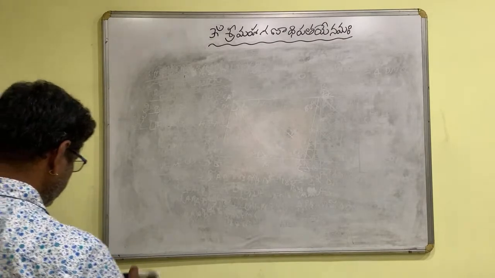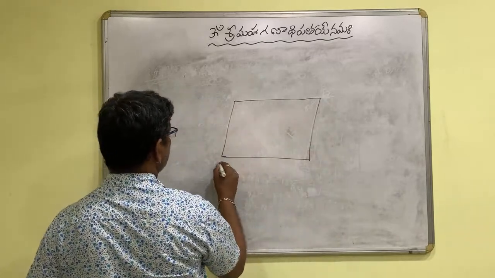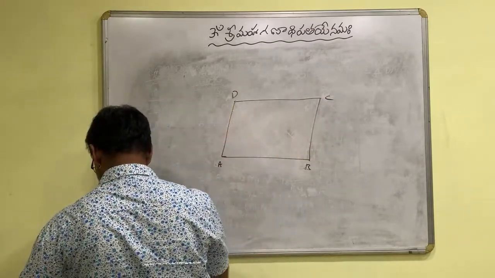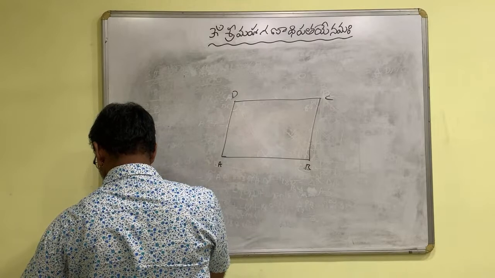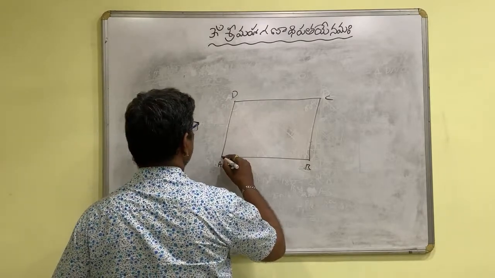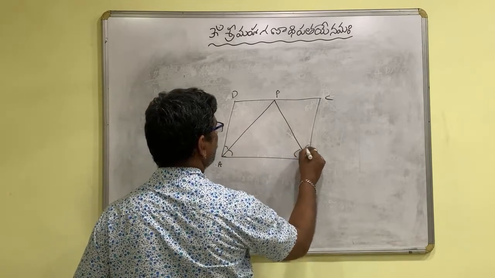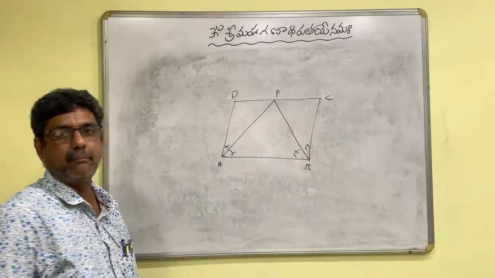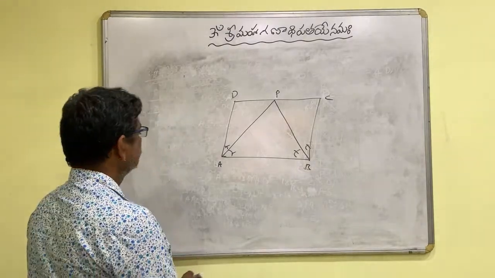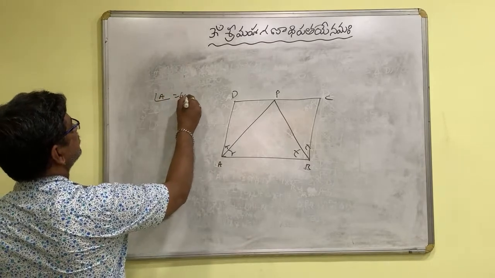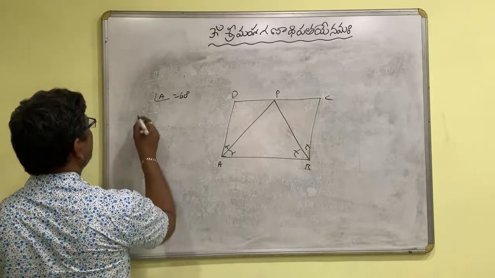ABCD, a parallelogram. AP and BP are the bisectors of angle A and angle B. Angle A is 60 degrees, given, and we are required to prove